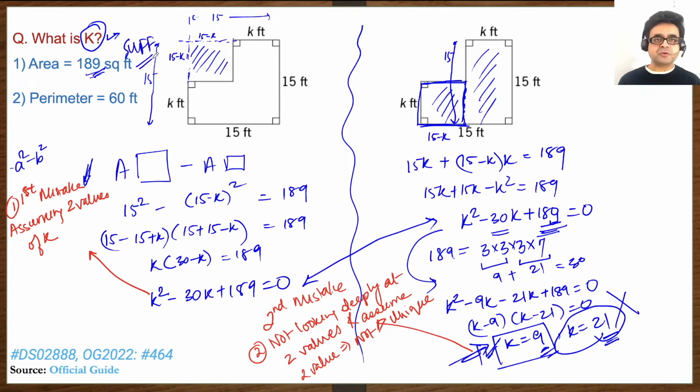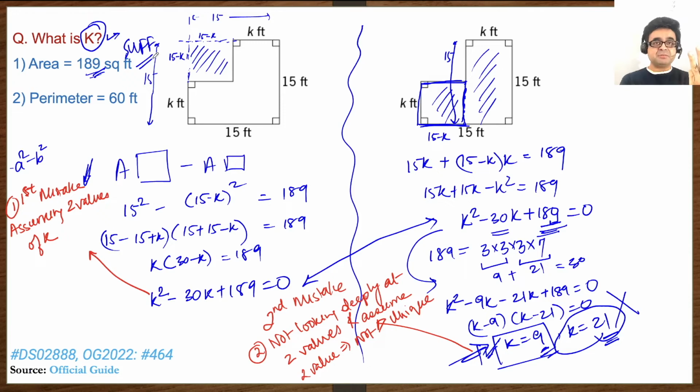And this is where most of the people get it wrong. Let's quickly review what happened in statement number 1. One, we solved it with the area formula in two different methods. In both of those methods, we got a quadratic equation for k, and we said that we are not going to make a mistake of assuming that because it's a quadratic equation, there could be two values of k possible, so k is not unique. Number 2, we got two values of k and both were positive, and we decided